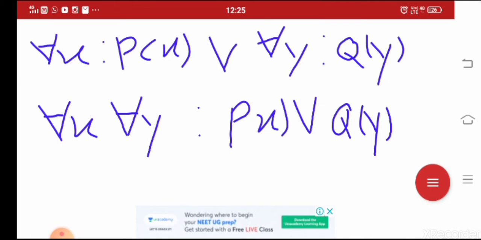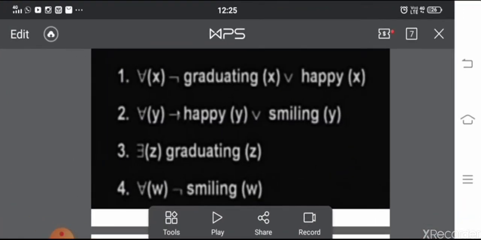This is how we can move all the quantifiers to the left hand side. Hope you got this.